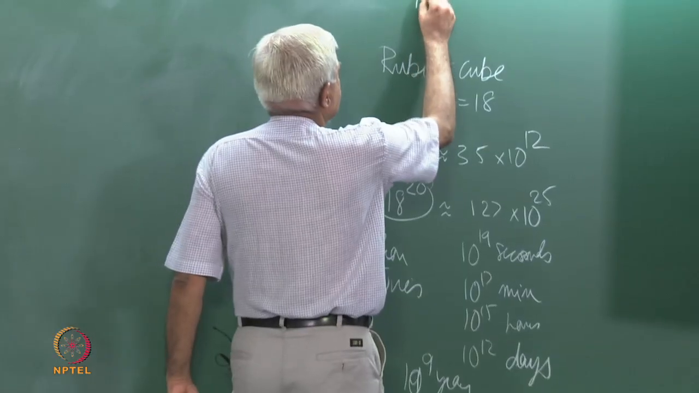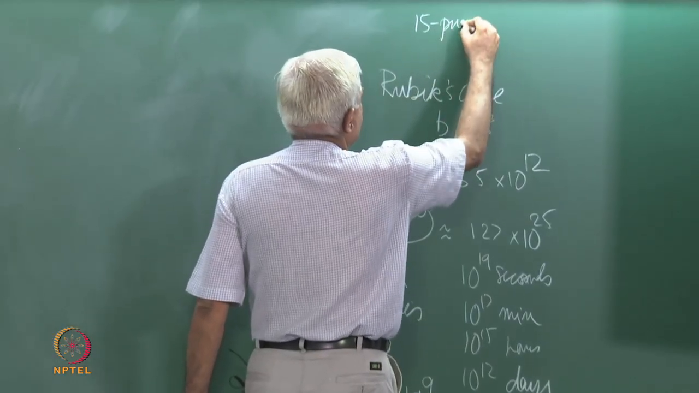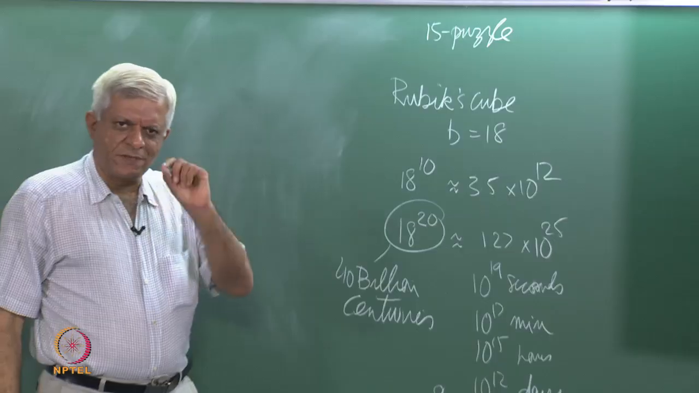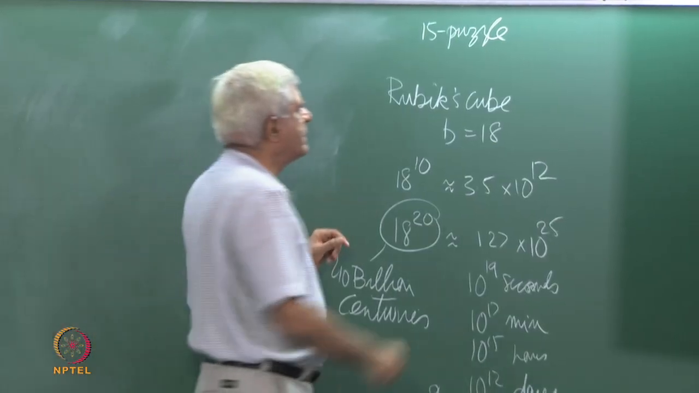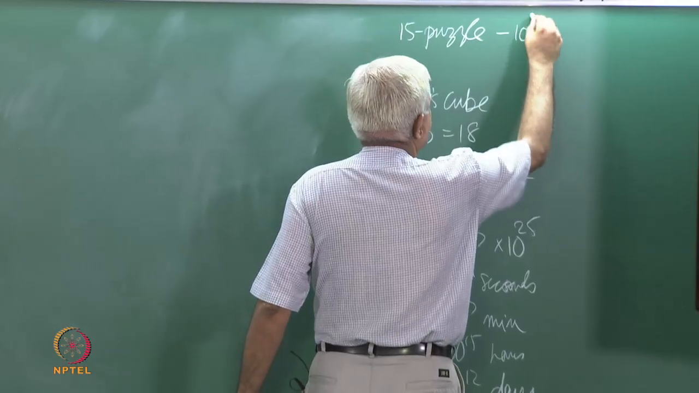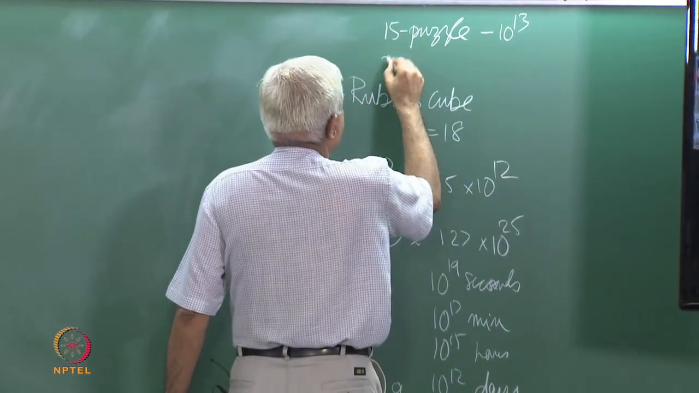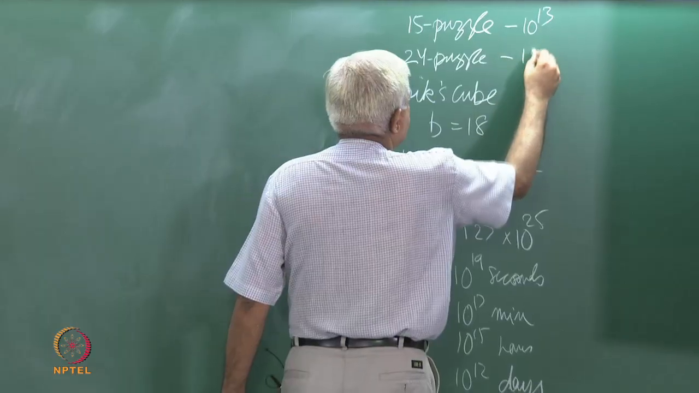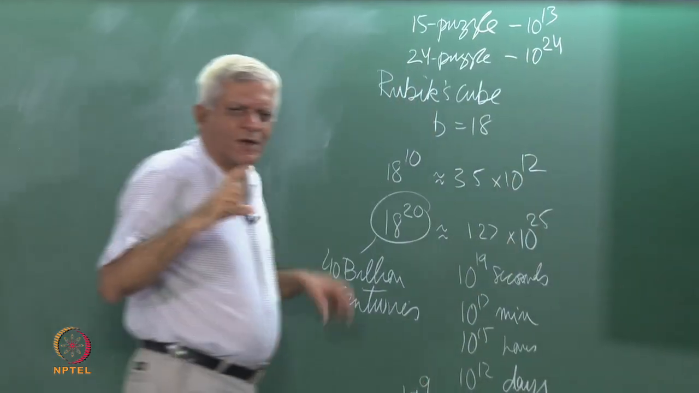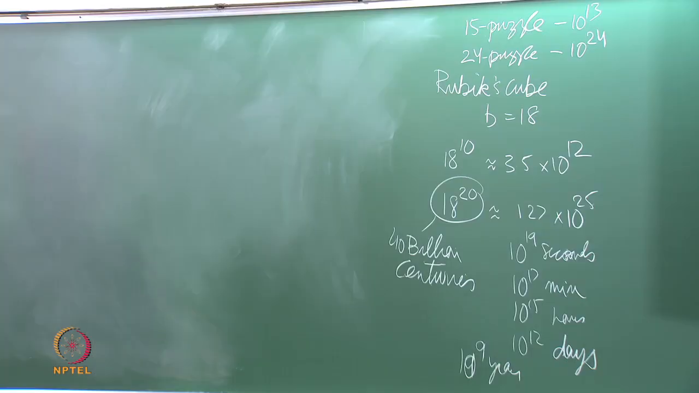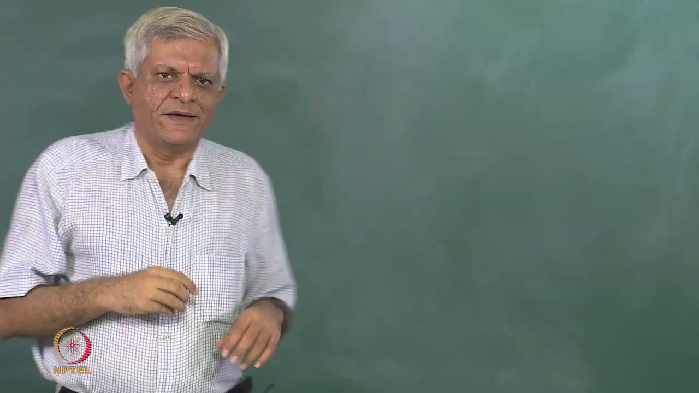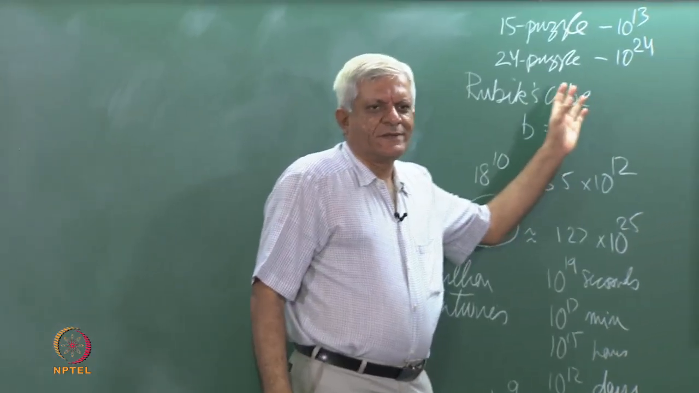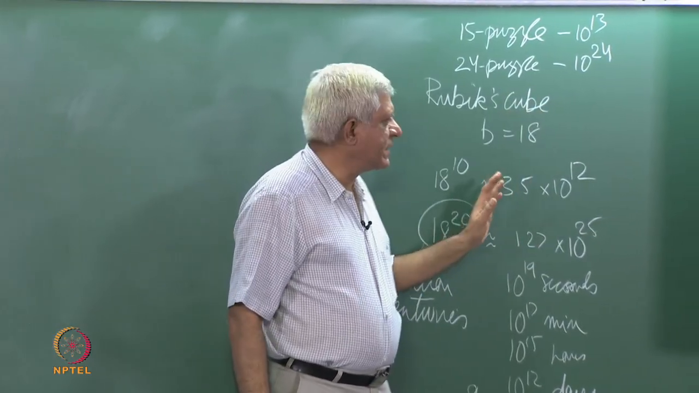If you look at the 15 puzzle, where the branching factor is capped by 4, you can only move it in one of 4 directions. It is about 10 raised to 13 states, and the 24 puzzle is about 10 raised to 24 states. So, even small puzzles can generate huge state spaces essentially, and we have seen that 10 raised to 24 states is not a number that you can sniff at, it will take you huge amounts